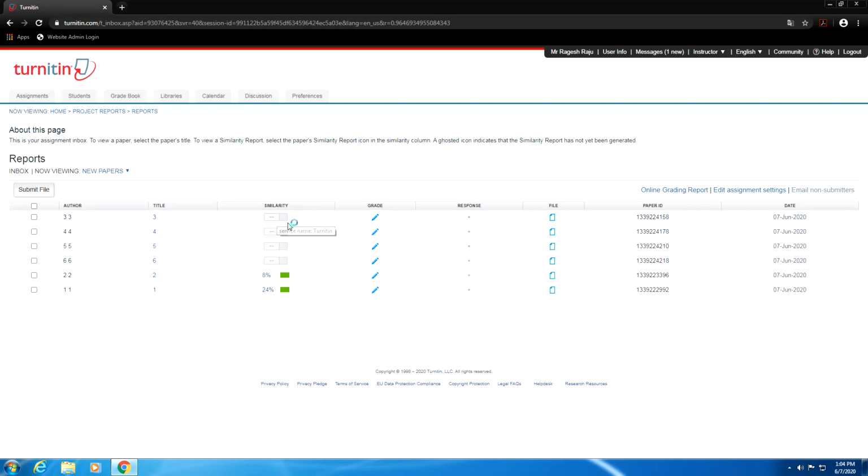So other similarity indexes are not yet done because it is being done in the background, but for each document as and when it is done, you will be able to see it here. So you can wait for a few minutes for this to be done, but it will not take much time. If a document is too big, then it takes a little bit more time. Otherwise it will take hardly a few minutes. You can see already for the first document and second document, the similarity index is being generated.